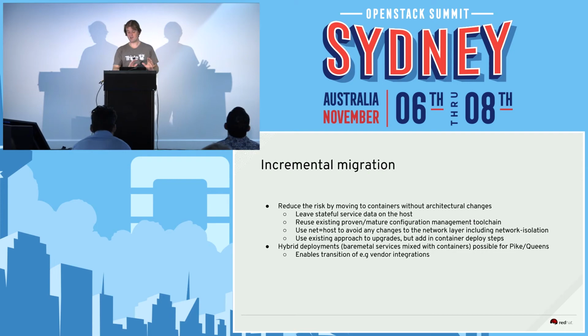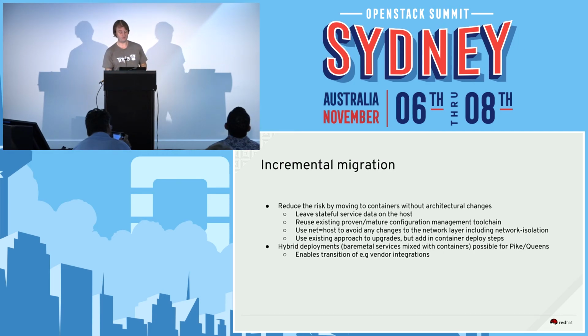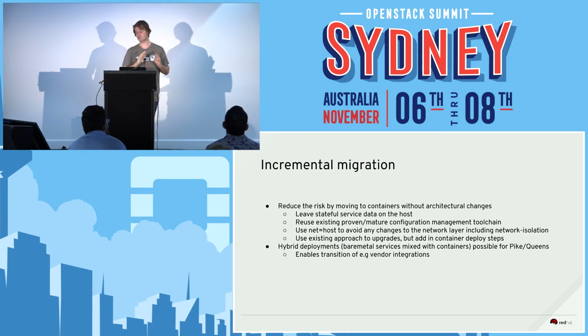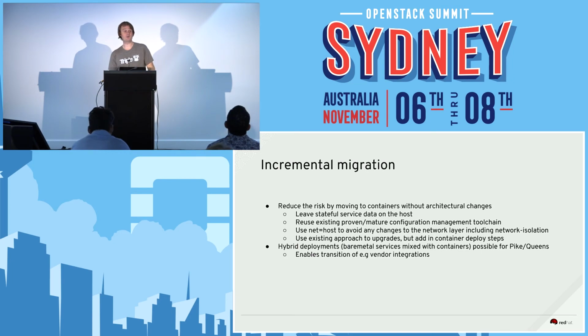And so just to wrap up, it's our approach to incremental migration, and it has been to try and avoid making more changes than we had to get from the bare metal to containerized environments. We have continued to use host-level networking because we had quite a featureful environment where you can have network isolation per service in OOO, and we didn't want to break that, and the container networking models would make that a bit more difficult, at least in the short term. And yeah, reuse of the existing config management tool chain was another way to avoid the risk of regressions.